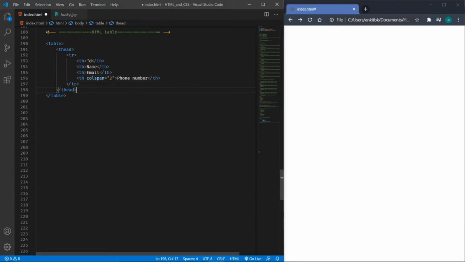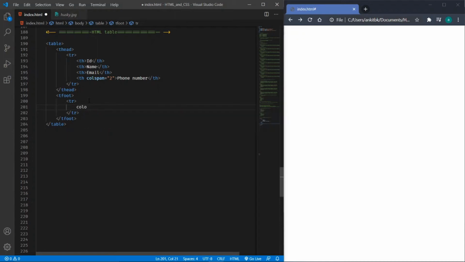So moving forward with the tbody tag, before that I will just go with the tfoot tag for the footer. For the tfoot tag, the same as usual, we have to add a row, just to provide a proper block element.